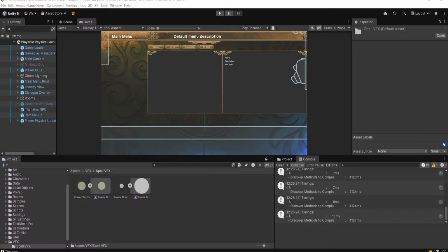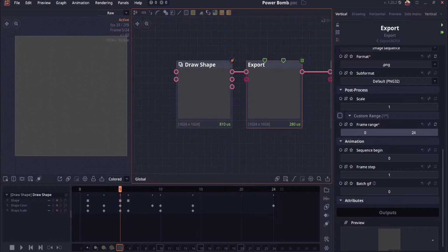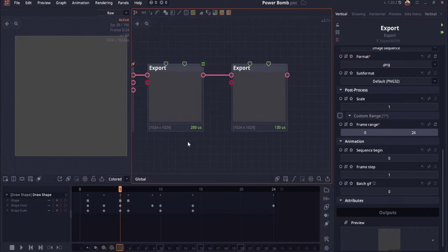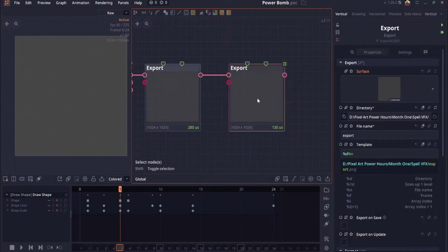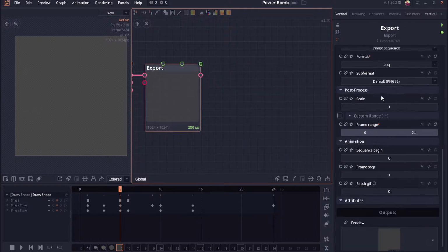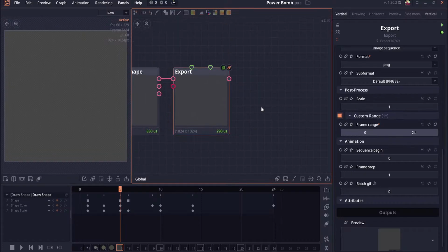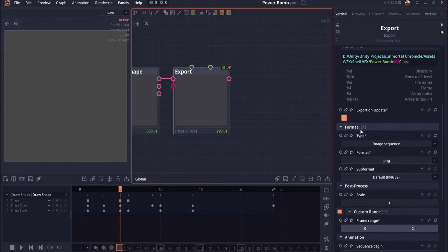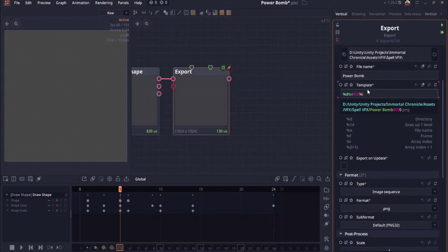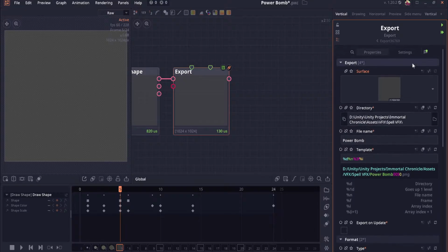No, it is indeed not exporting. Well, that's lovely. It is just not exporting for some weird reason, and I don't know why. So instead of exporting on update, I was hoping it would just export on like a